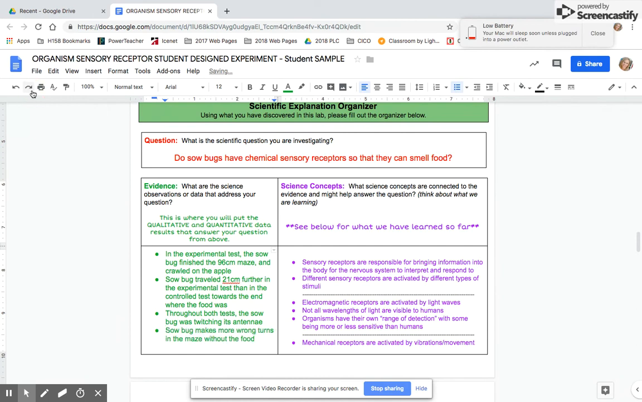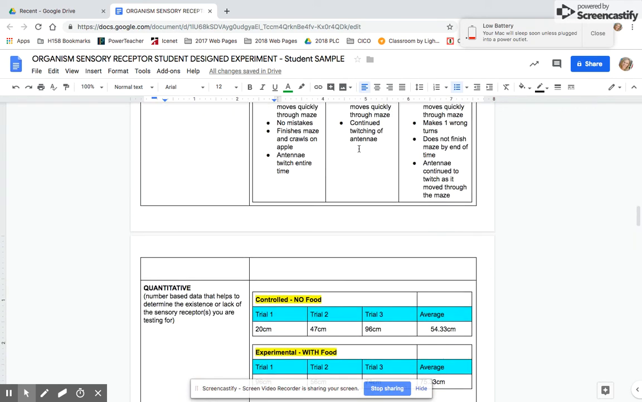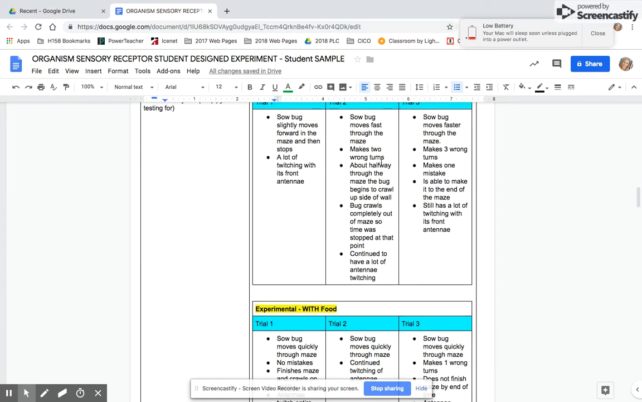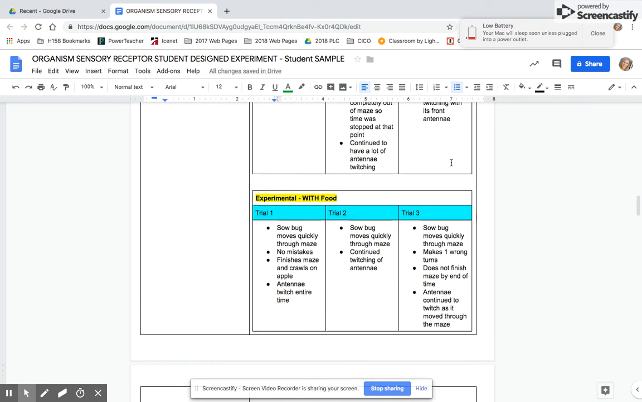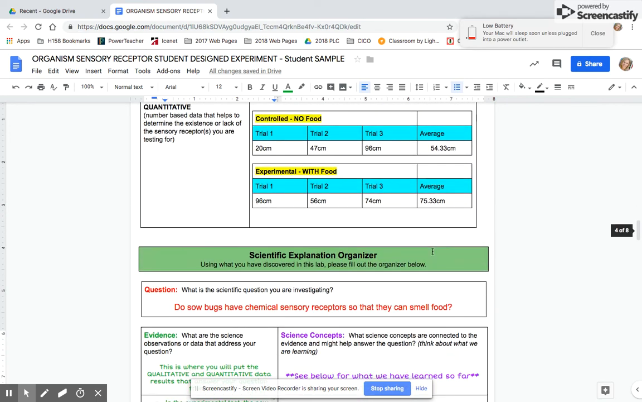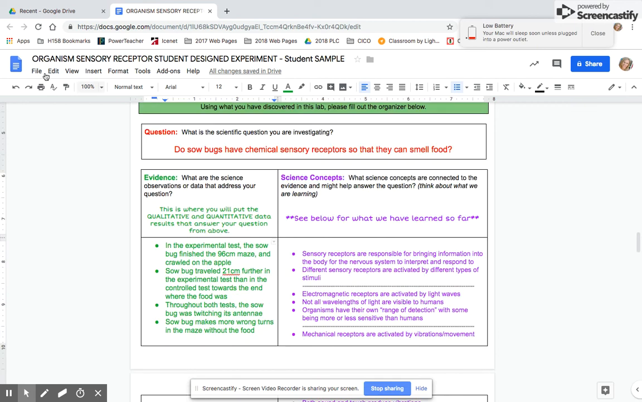I have that the sow bug makes more wrong turns in the maze without the food. So again, I just went up into my qualitative data, and as I was reading, that was something that I noticed. Here it made one wrong turn, here it made three wrong turns, but when I looked at my experimental, it only made one wrong turn overall. So that is why I put in my evidence. And